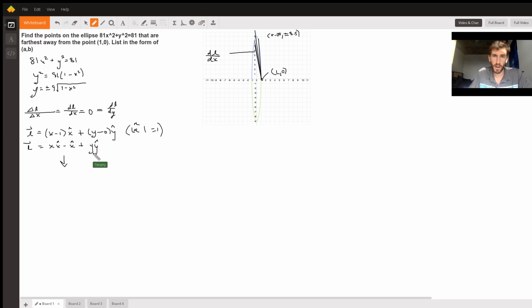So how do we do that? We plug in the equation for the ellipse in one of these variables, which is y. So we can plug in this equation, 1, into here. Okay? Now when we do that, we plug that in, and then we take the derivative of all this and we set it to 0. So we can say the derivative of vector L with respect to x will eventually become